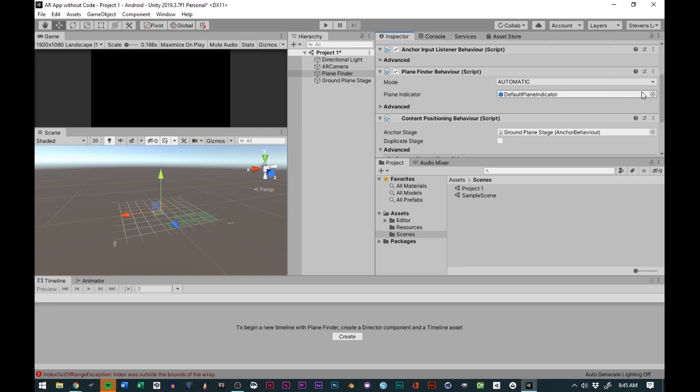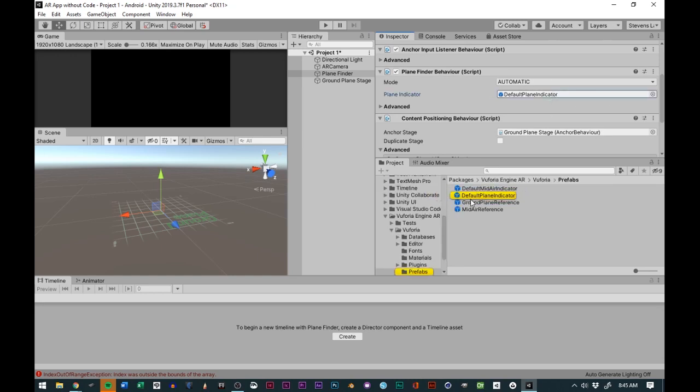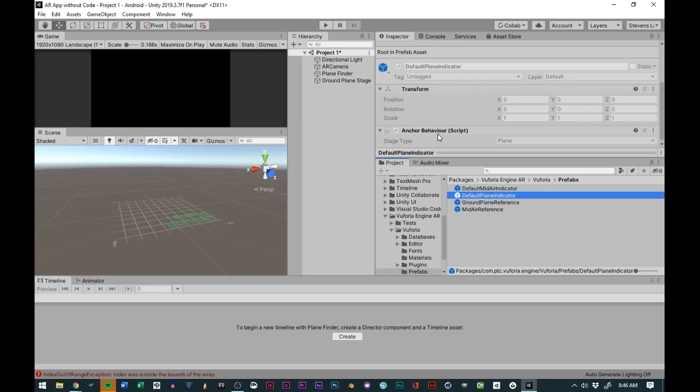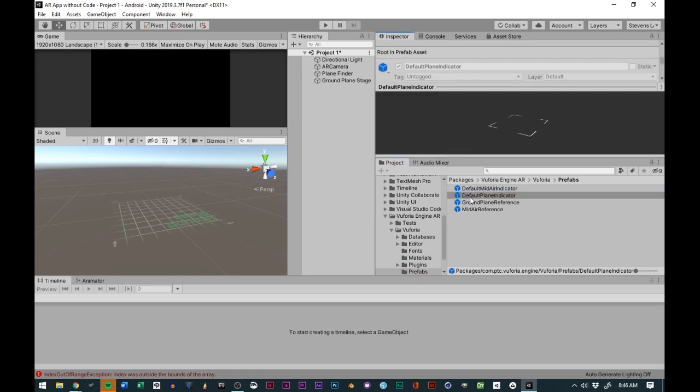And then when we have plane indicators, we can create that stuff as well. If we look at our inspector, the plane indicator that we have is going to be a little crosshair,